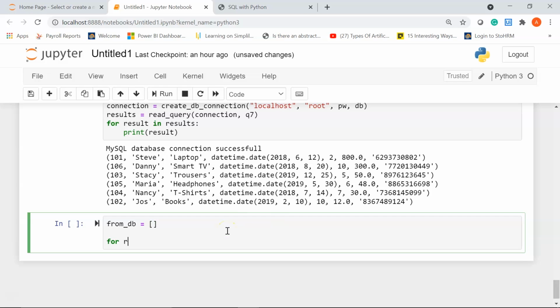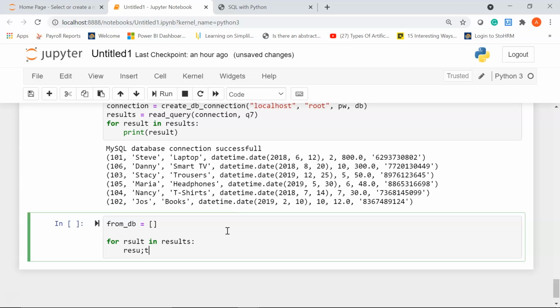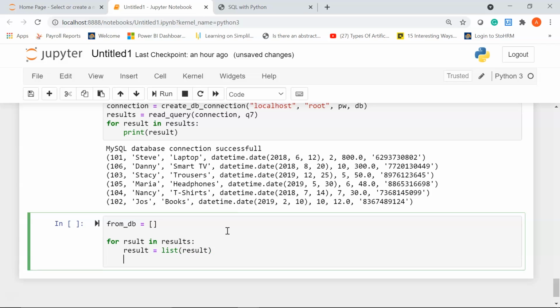Next I'll write my for loop. I'll write for result in results. I'll assign result to list of results. So I'm converting the result into a list and then I'm going to append it to the empty variable or the empty list, which is from_db.append.